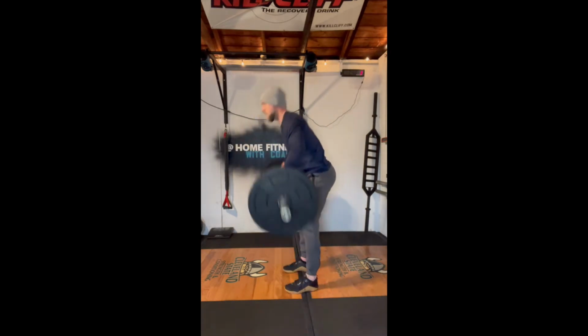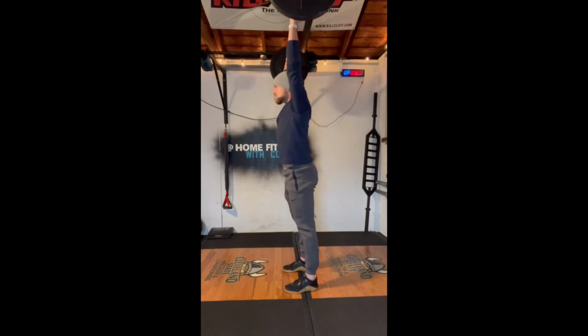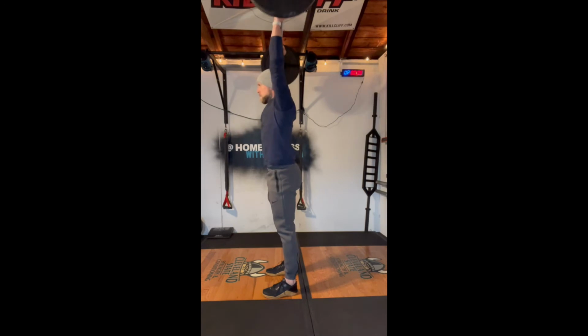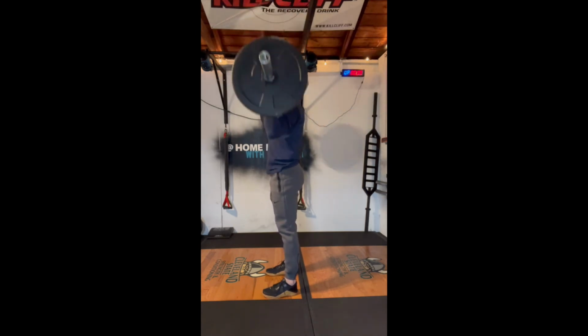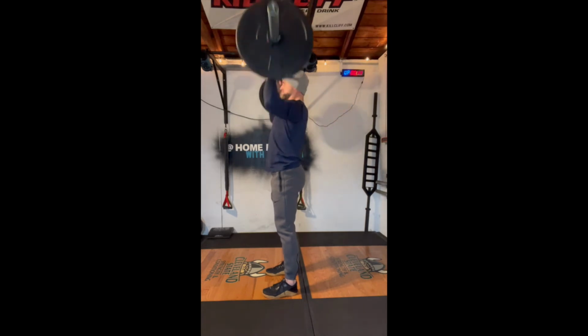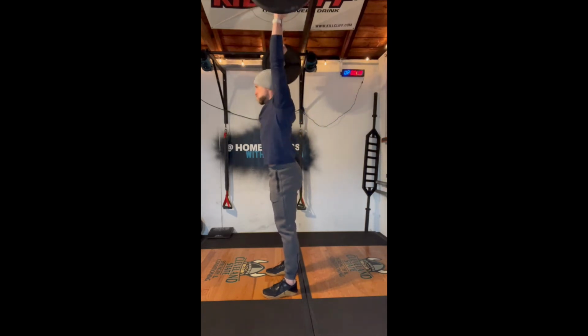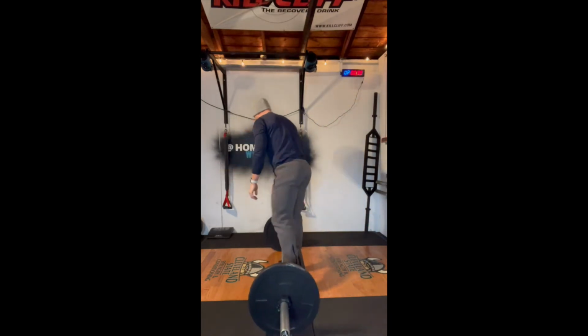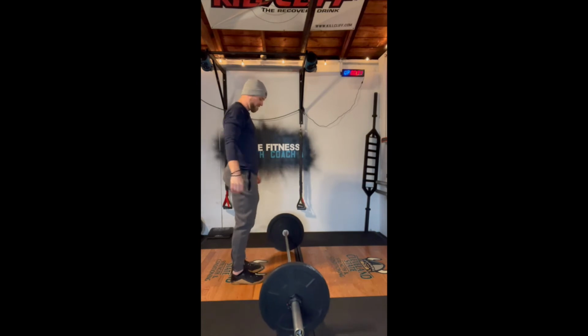Remember, the RX weight is 95-65, but we are setting that weight based on the ability to go unbroken on our strict press. It can be extremely taxing, that is fine. It can take most of the minute, that is fine. But we need to be able to finish this in one set. And keep in mind, whatever weight we use for that strict press, we're going to keep for the next 2